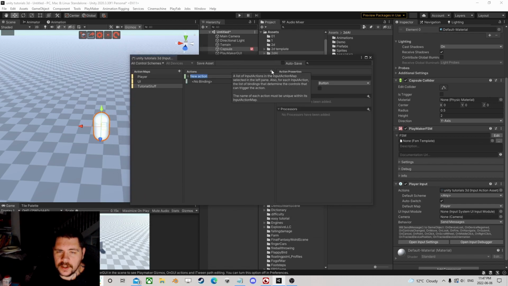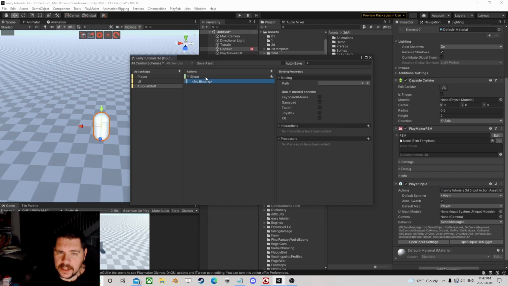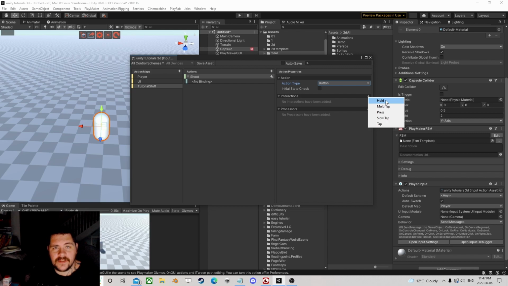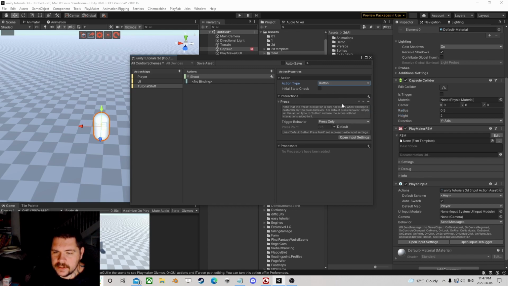So we could say, how about shoot? We could say shoot, and it comes up with a binding and a thing. So we can say button, value, pass through. I'm going to keep it at button, and the interaction, I can do it as hold and give it a specified amount of time, multi-tap, press, and so forth. So let's just go with the basic press. Now I can do press only, release only, or press and release. So let's do press,